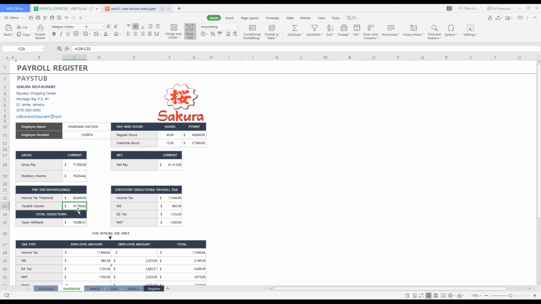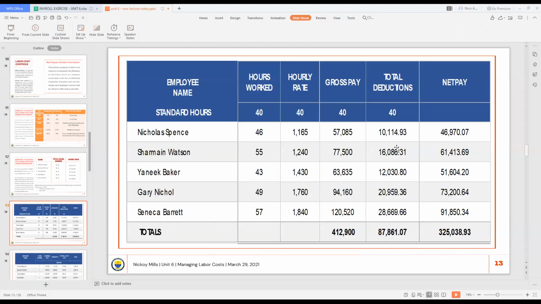And then we find 25% of this $47,786.62, and that should give us an income tax of $11,946.66. Now we add up all the taxes to get the total tax for Charmaine is